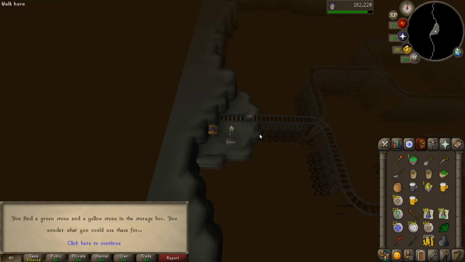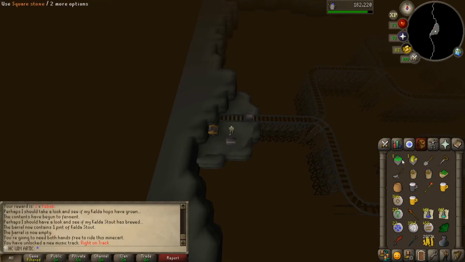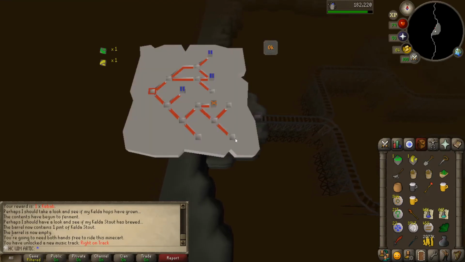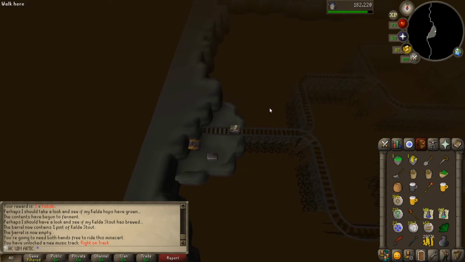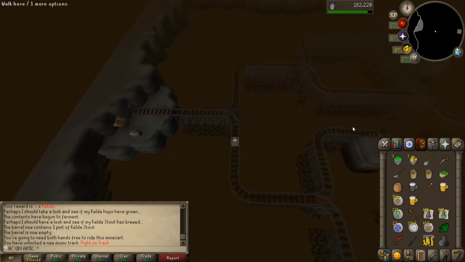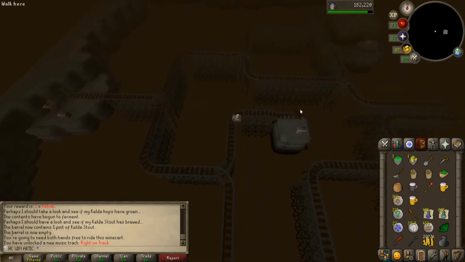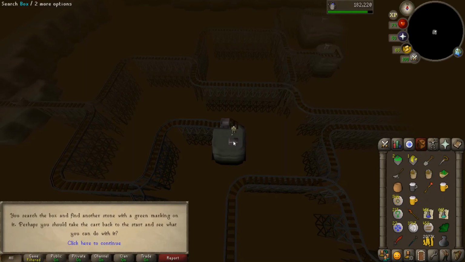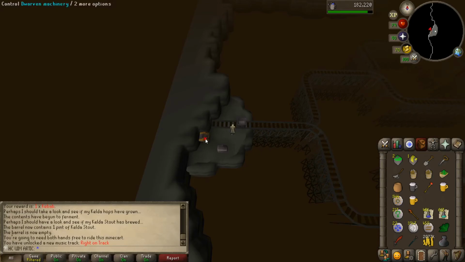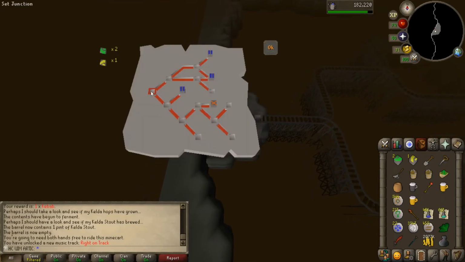We start with a box with green and yellow square stones. These can be used with this control to steer the minecart. We use this to go to additional boxes throughout this area to get more of the stones to go again. This is a bit of a puzzle. Using 3 stones, we're able to get to another marked location, and we continue this until we have enough to